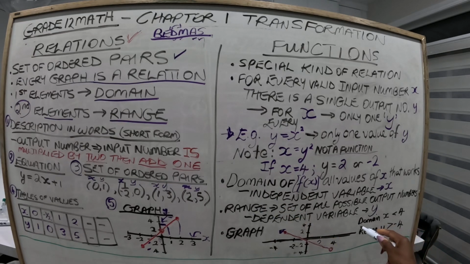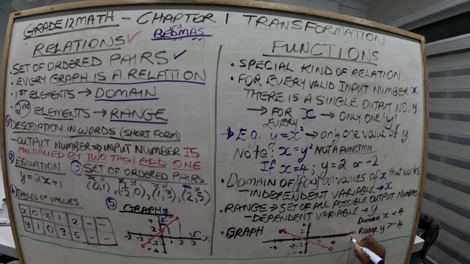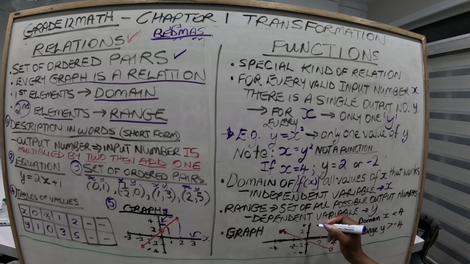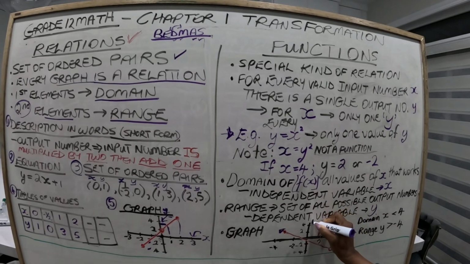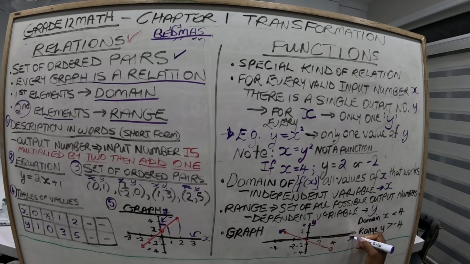So how do we describe this? It's described such that the domain of x will always be less than 4, because 4 is the maximum of x. Okay? And again, this is your x-axis, and this is your y-axis, and this is your x. Okay? So your range of y will never be less than -4,